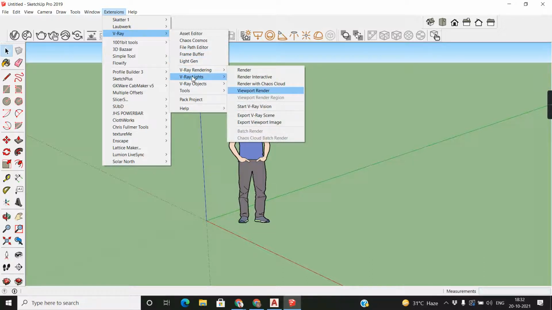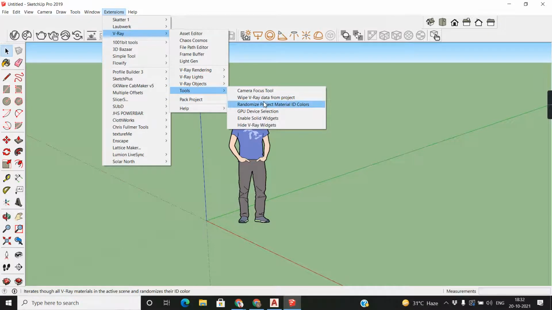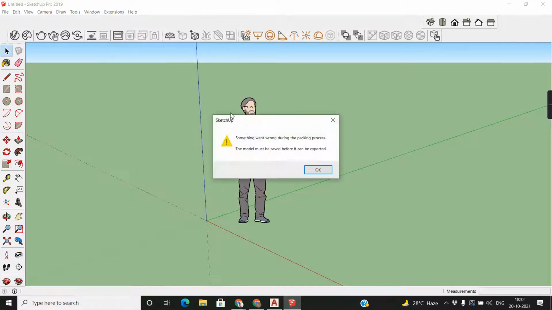This is V-Ray render, V-Ray light, V-Ray object, the entire toolset, hide V-Ray widgets, and this is the pack projector.